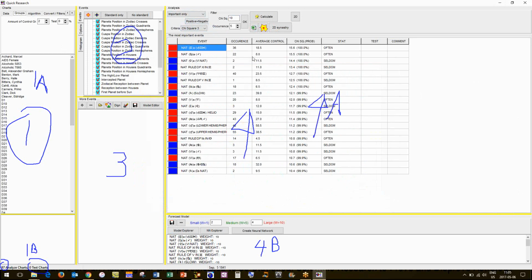Okay, so let's get back to these windows, and we'll continue more as I show you examples of how to work through this. So in 4A, these are the results that we get. Now 4B is a repeat of this. And what these are going to be used for is for running the neural net. So down here you can see create neural net. So it's taking all this as the important stuff and filtering it into the neural net. And again, that'll be a separate video on its own.